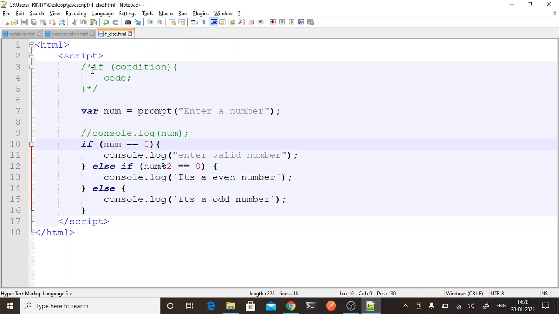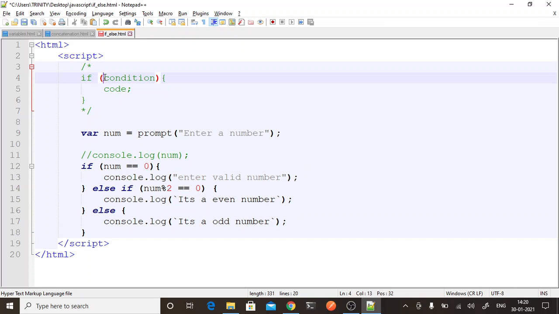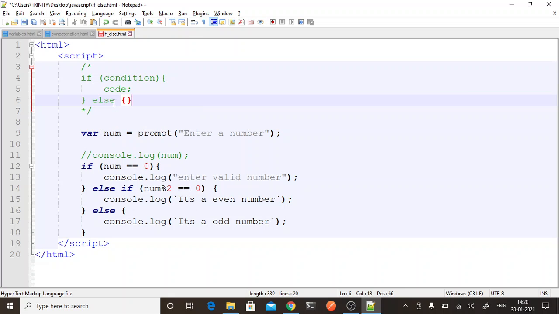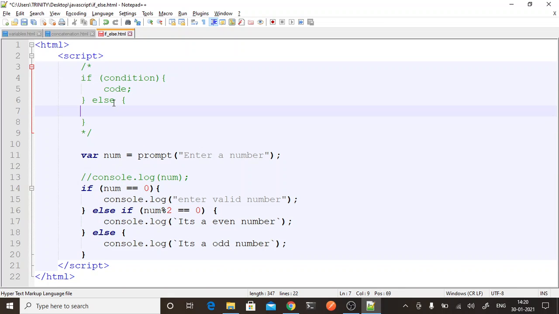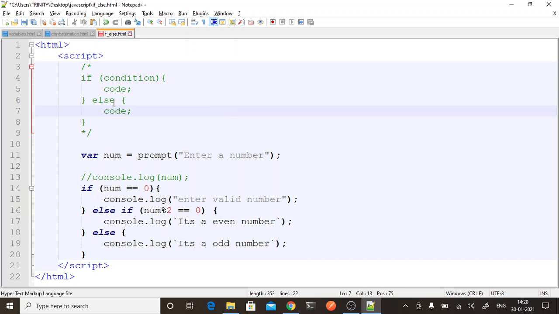So there is a simple syntax that you have to remember. The syntax is if, and if you want to check only one condition, you can write only this much code. Or if you want to check two conditions, then you can write only if and else, with your code in each. If this condition is true, perform this code, else perform this.